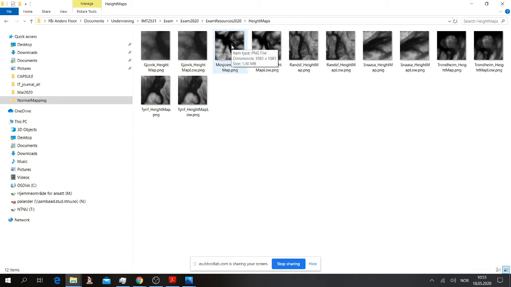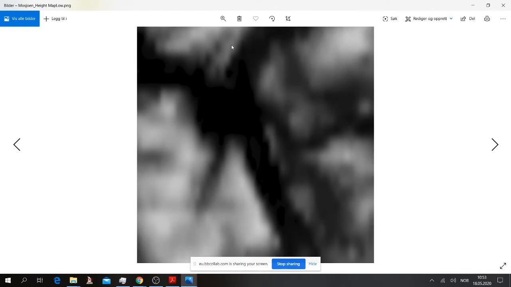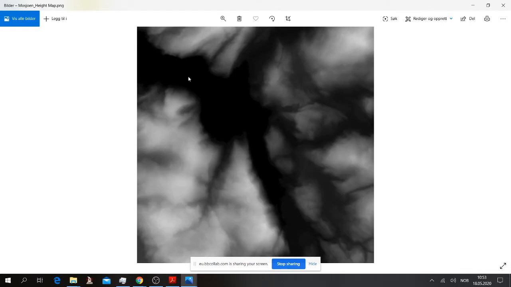I can click in on one of them just to explain what this is. Yeah. So here you basically see a grayscale image, and black here is basically sea level. So this you can assume is a lake, for example, which you may color blue or whatever color you find looking like a sea or a water surface. And then the highest ones are mountaintops or highest elevation. So the whiter it is, the higher it is up, and everything else in between is a different height.